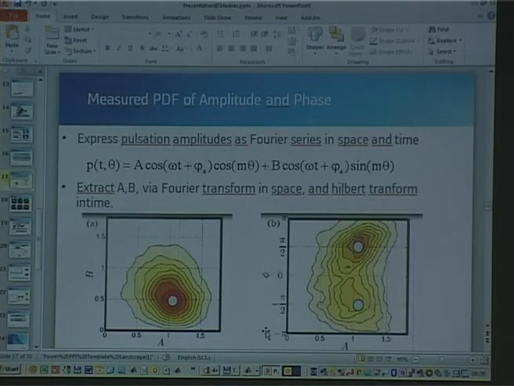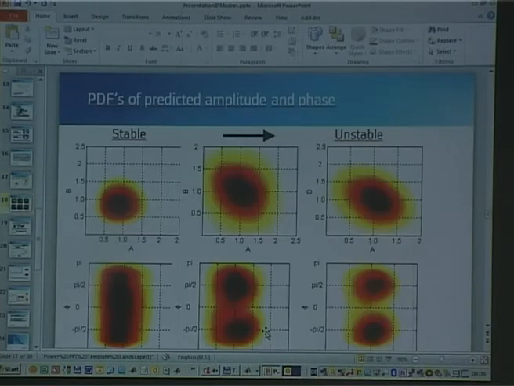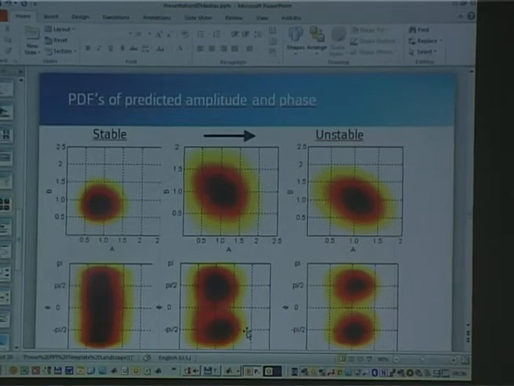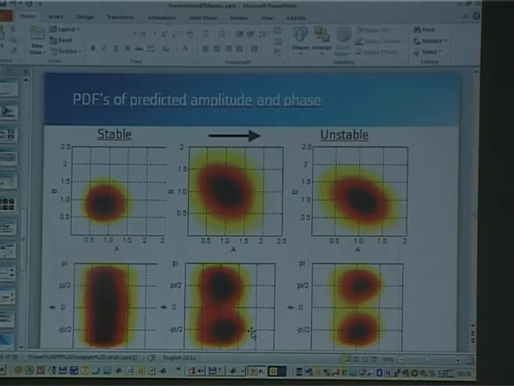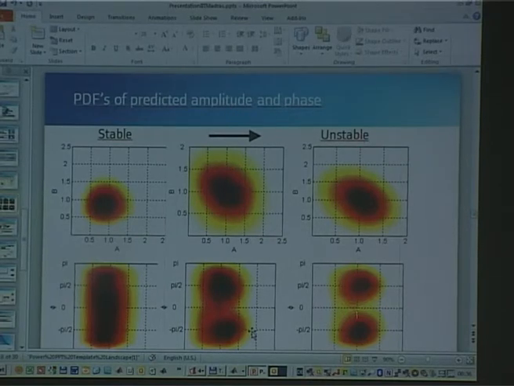It's not a standing wave, not a rotating mode, but it has more of a rotating character because the maximum is at that pi over 2 phase and the fixed phase relation. If I extract the same plots from my simulations, from my acoustic network model, I did that for 3 cases. One which was pretty stable, but they're all very realistic cases, and one which is probably most realistic,